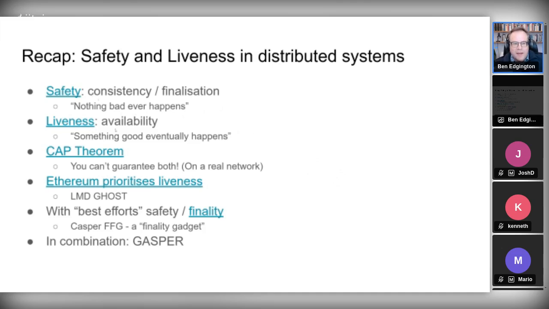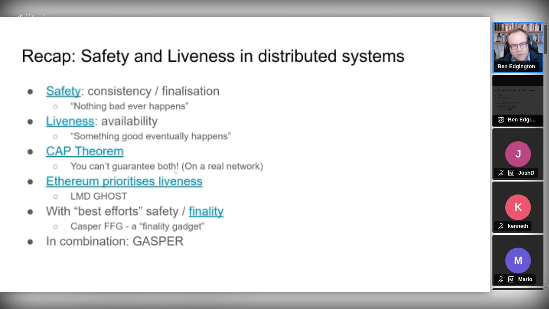The counterpart to safety is liveness, which is also known as availability, and this is the idea that something good eventually happens. So the idea is that we can always add blocks to the end of the chain, for example, or we can always continue to finalize the chain. Something good eventually happens. And there's a theorem called the CAP theorem, the consistency, availability, partition tolerance theorem, which basically says